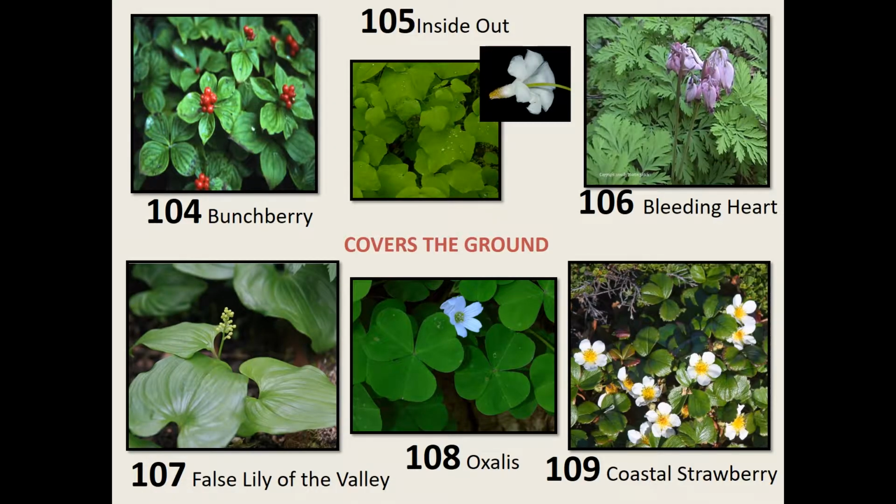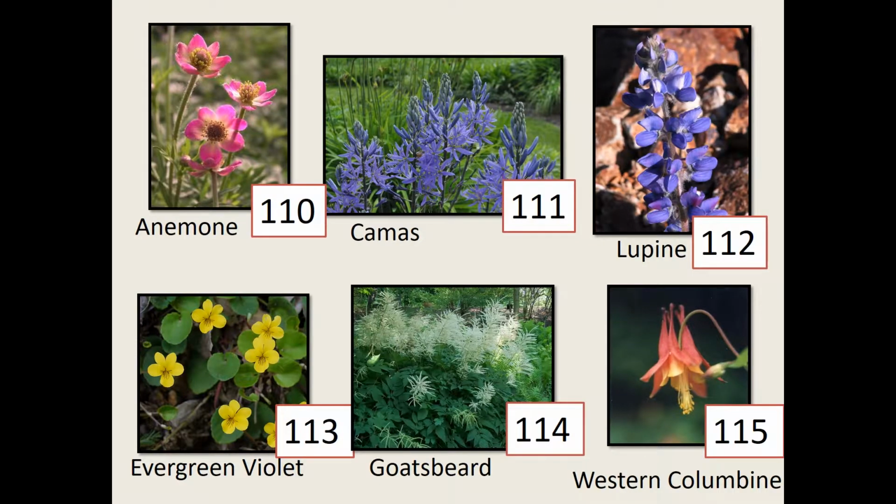Some ground covers will spread. Some more quickly, like false lily of the valley, oxalis, or coastal strawberry, and others more slowly, like bunchberry, inside-out flower, and bleeding heart. The flowers of native perennials are as varied in shape and colors as any of those